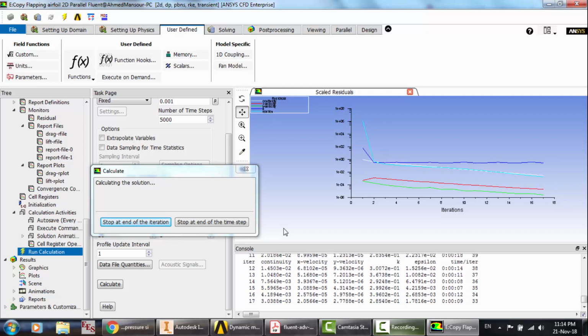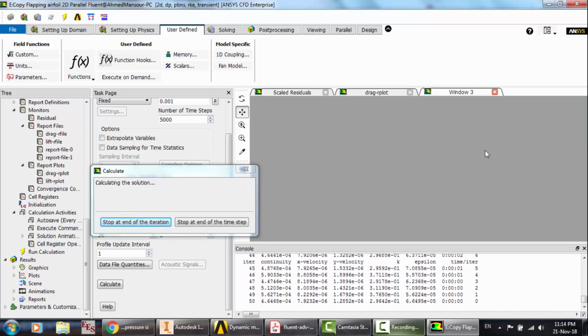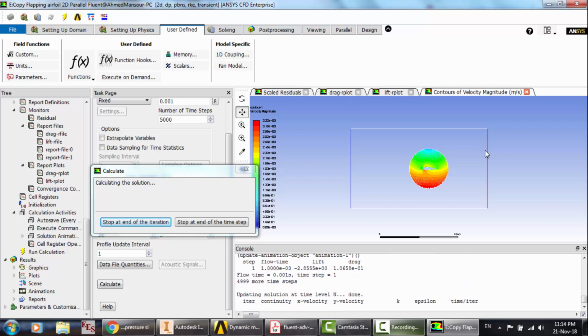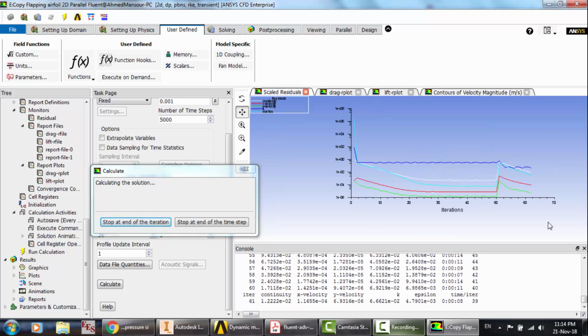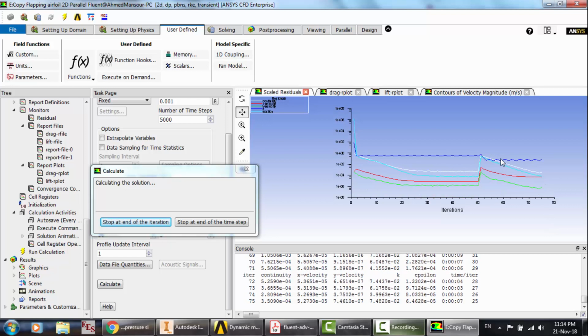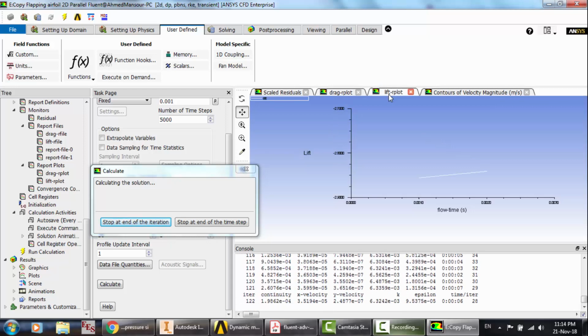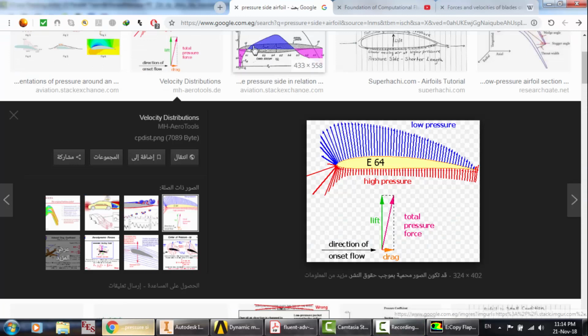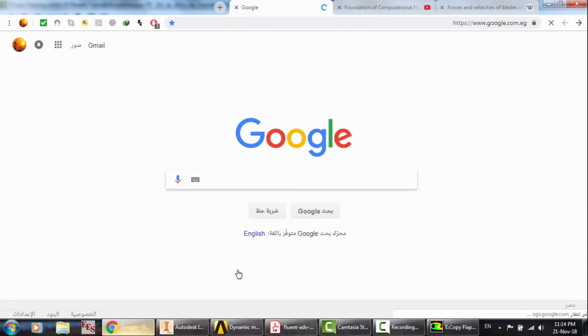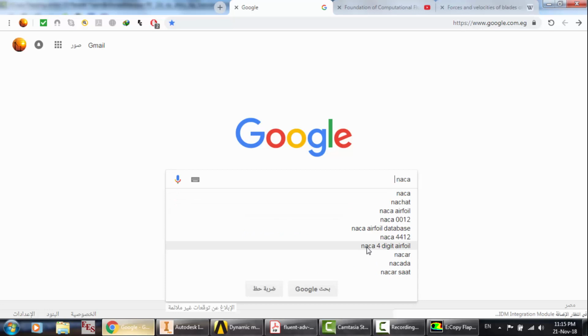So as you see here, if you use the recommended settings and values, you will find pretty good or better convergence. Here it is due to the random settings and random geometry, and we have here the drag and the lift. And also there is an important thing, you can validate it to know exactly the reference area and the reference length values. You can go to NASA, for example